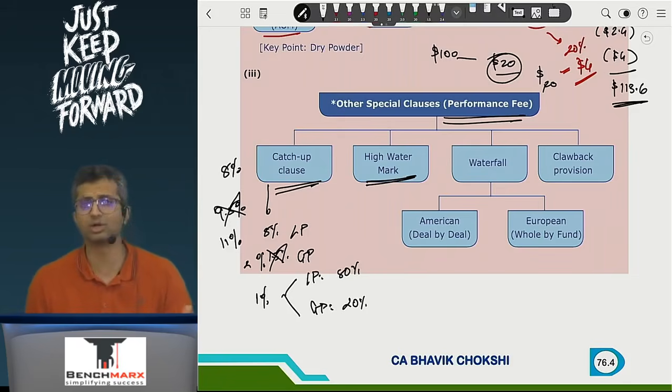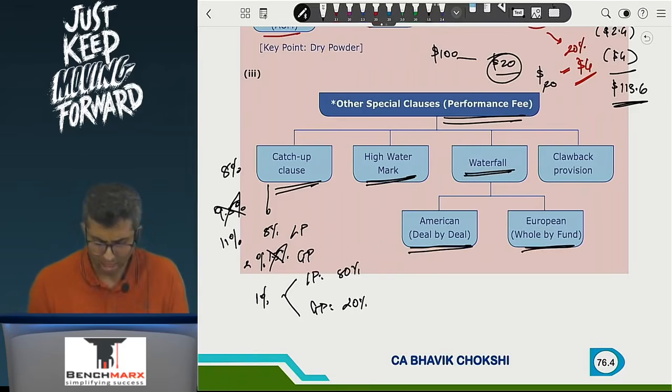Next, you have something called a high water mark that we have discussed. Then there is waterfall. Now, what do you mean by waterfall? There is an American waterfall, which is a deal by deal waterfall, and there is a European waterfall, which is a whole of fund waterfall. So when you look at an American waterfall, if there is one deal where I've invested 100